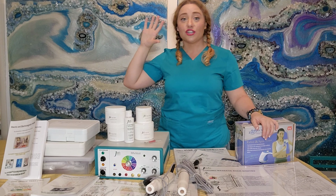So I want to see 5 different people. You're going to do a face sculpting and do the before and after on 5 different people. The first facial you're going to do on them, we're just going to do half of the face. Then you're going to take the picture, then you're going to do the other half of the face. The goal is to learn symmetry here. So this is going to take some practice. So you're going to do 1, 2, 3, 4, 5 different people, just like that. You're going to take your pictures. You're going to send me your results. You're going to send me the video that I'm going to have you do on time lapse